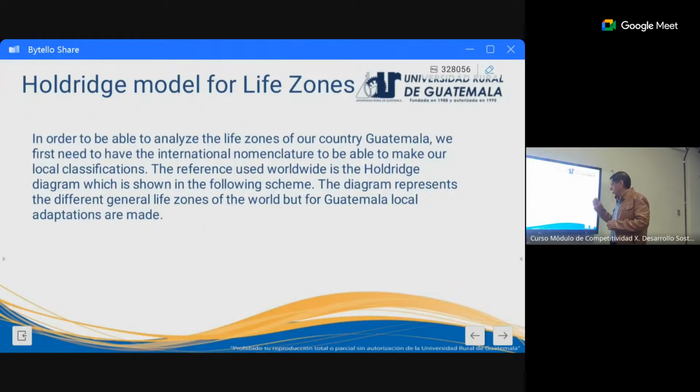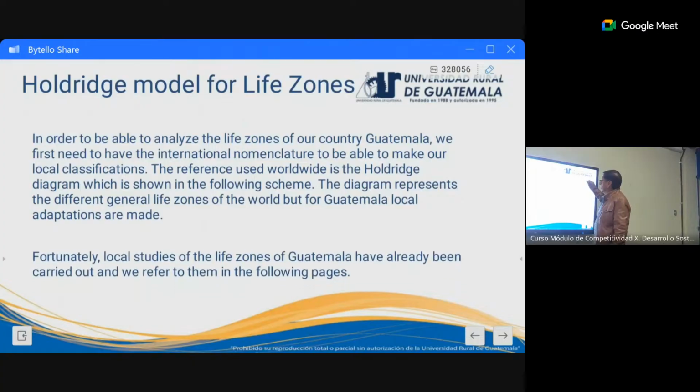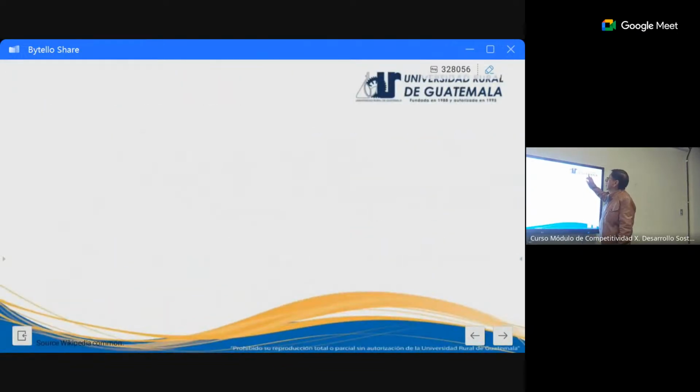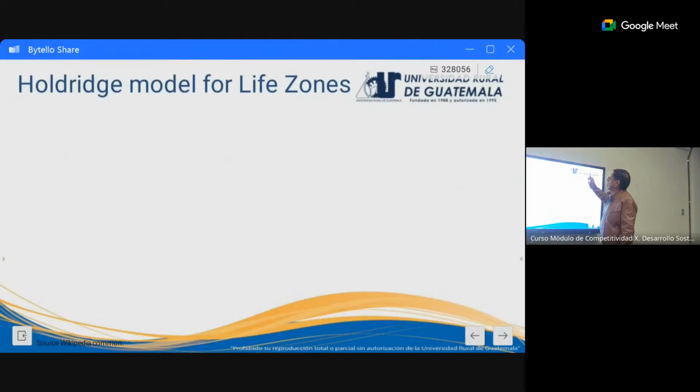The reference used worldwide is the Coleridge diagram, which is shown in the following scheme. The diagram represents the different general life zones of the world, but for Guatemala, local adaptations are made. Fortunately, local studies of the life zones of Guatemala have already been carried out, and we refer to them in the following pages. Let's check this diagram here